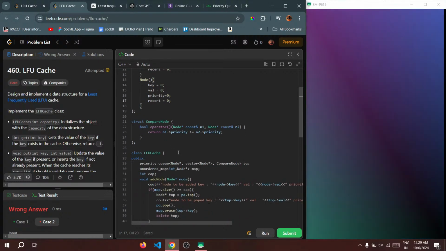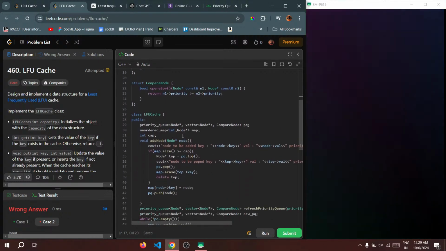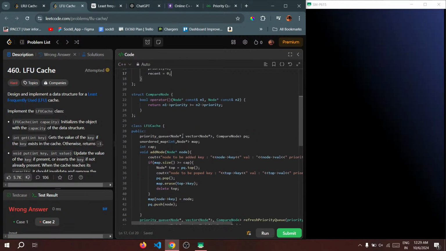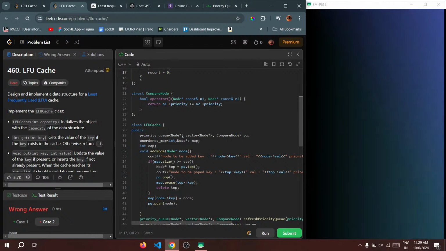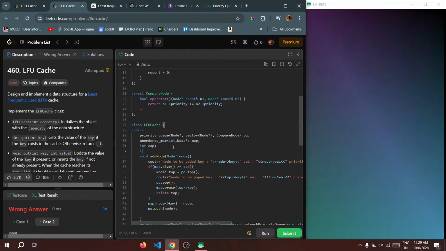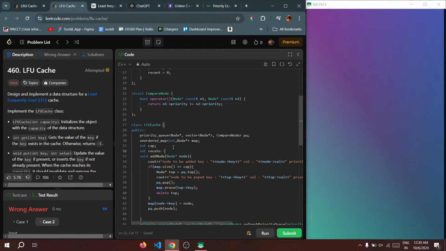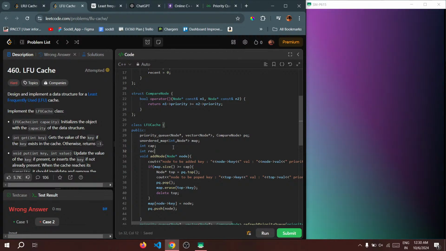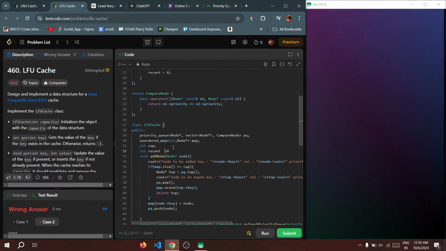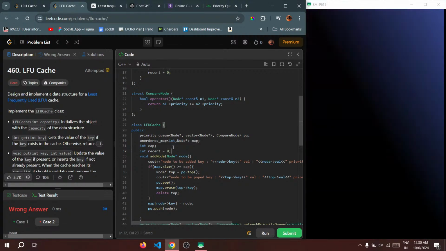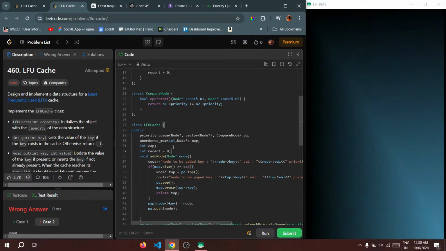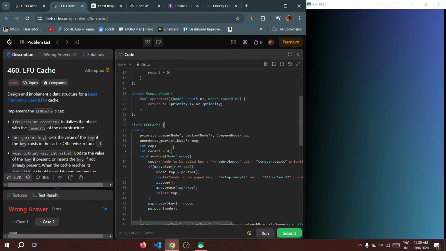Equal to 0. Now, see, hold on. What I will do is I will add recent equal to 0, because I'm using a priority queue. And if there is a tie in the priority,